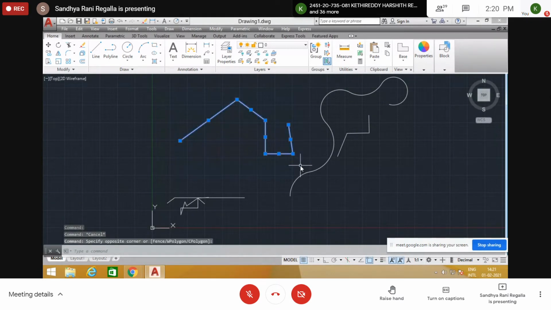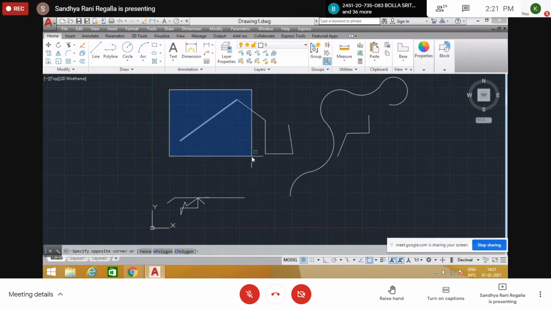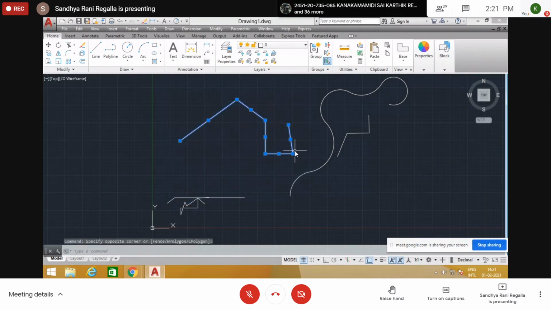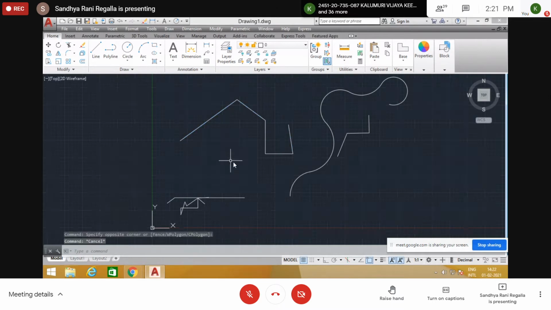That is selected. And here please observe, if I drag from left to right, this total line is covered in this window and this line is partly covered in this window. So whatever object is fully covered in the window, only that object is selected if you drag from left to right.